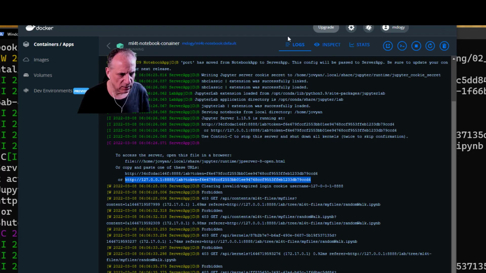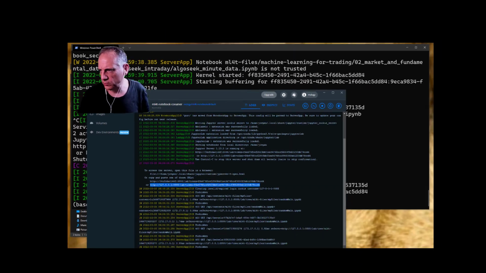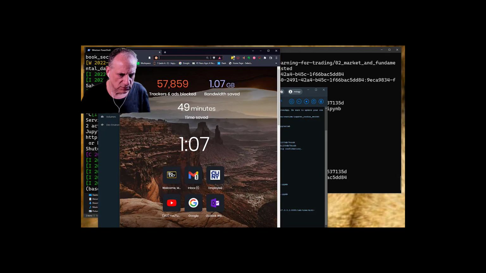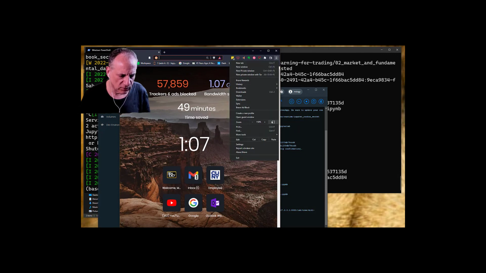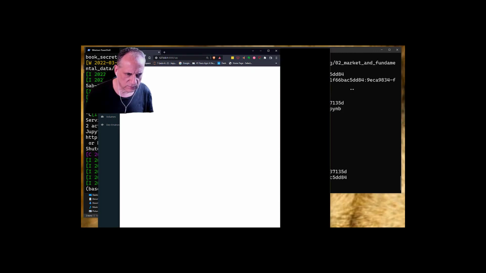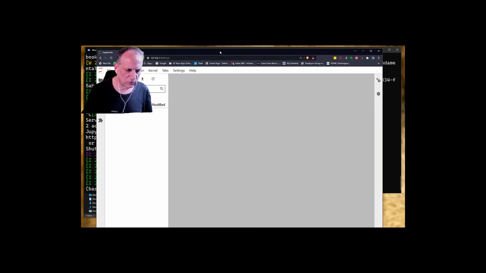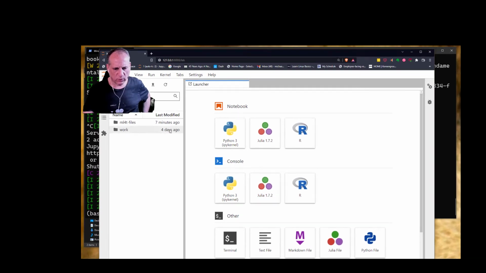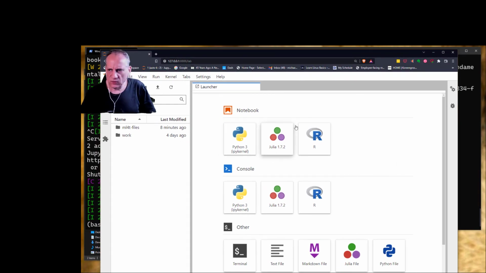So copy, and now I'm going to open the browser. Just make sure it's big enough, yeah. And then put this in here, and then you'll see the Jupyter Lab come up. Okay, so now we can actually get working with this. So I think this video